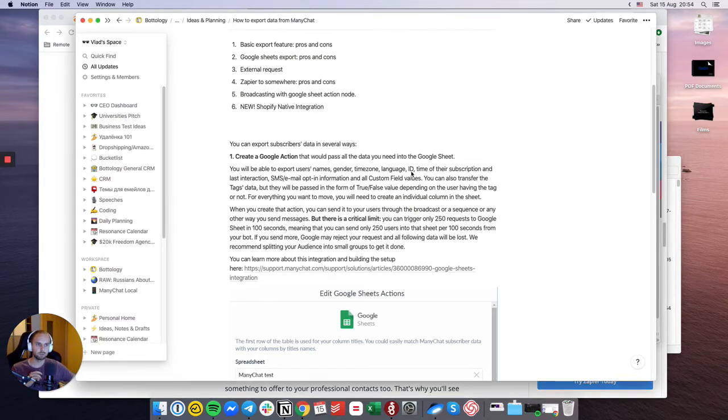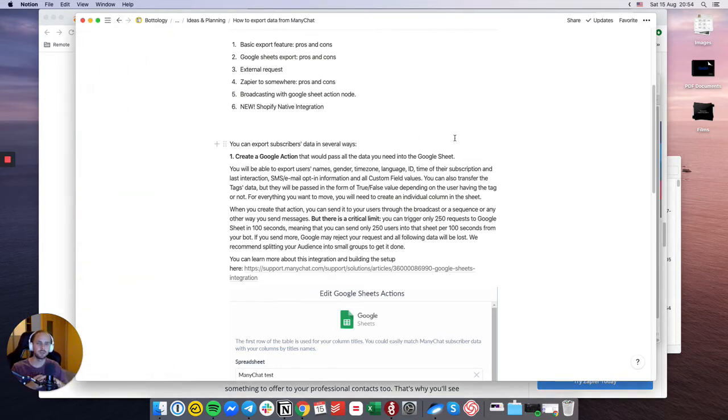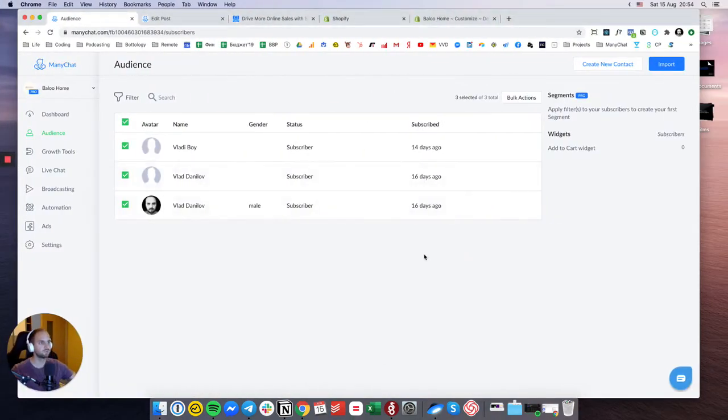Sorry, I had to pause for a second, but anyways, we are in this situation where we have a lot of data and we don't know how to actually use it, right? So ManyChat gives you several options how you can actually do that. So let's just switch to our